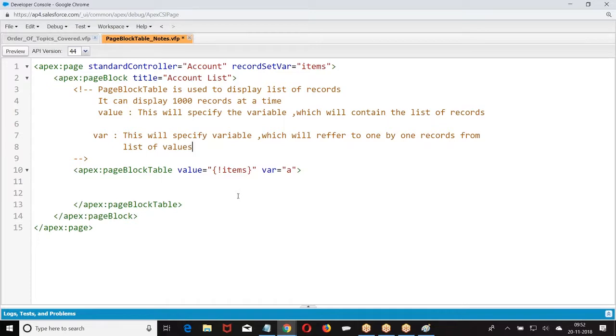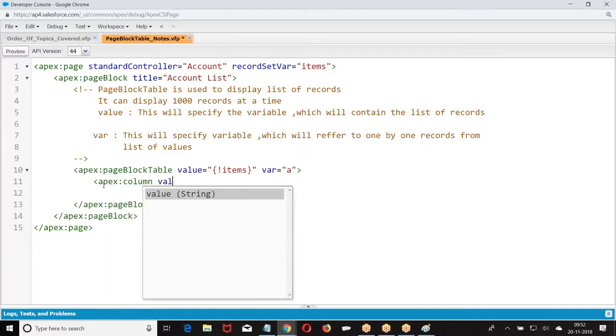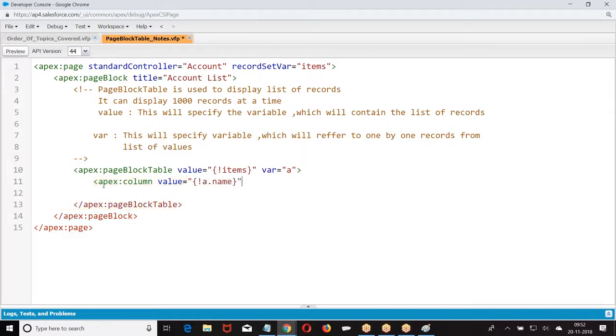The var equal to A will go. So now var equal to A. Because it's a table, what are we going to get? Column equal to A dot name.